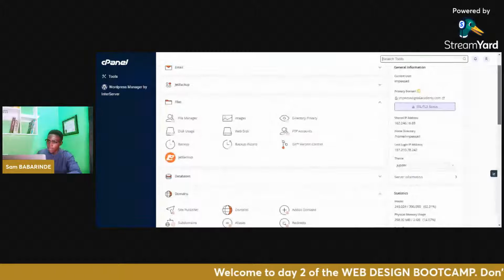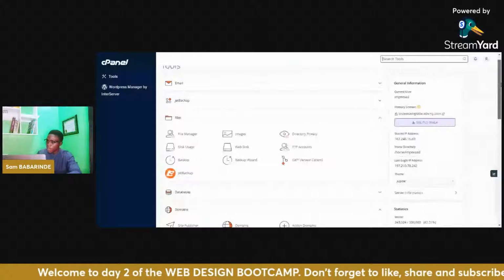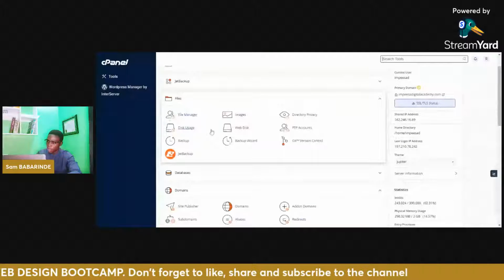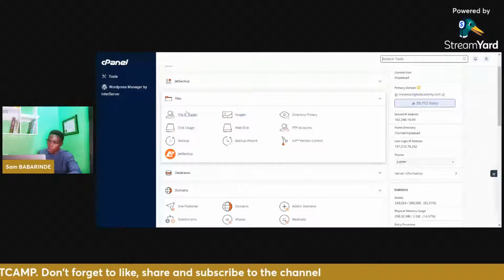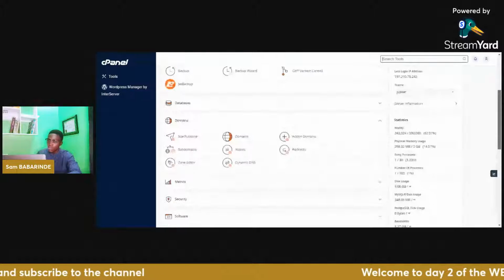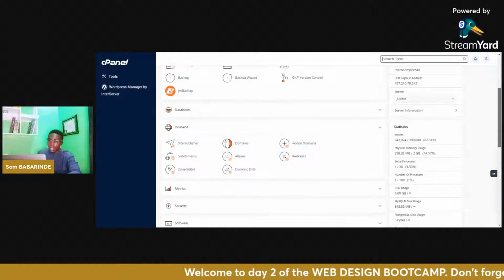If you look here right now, you will see the email, the JetBackup files, and the File Manager. This is the File Manager, the hosting I was telling you about. This is where you keep all your web files, your web pages, your posts, and everything. So the website we're going to be using today for this,